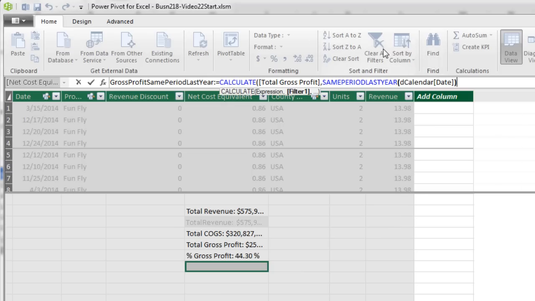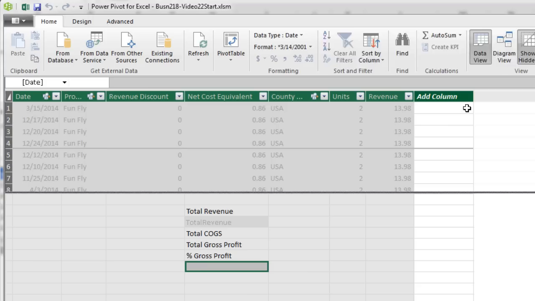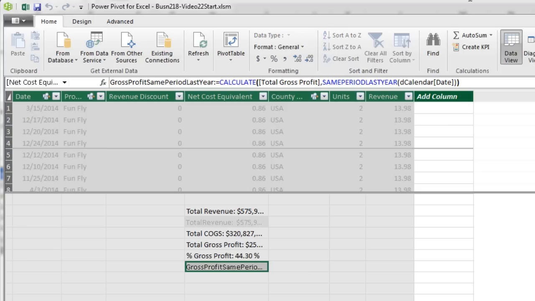And together, same period last year, calculate and total gross profit. That whole formula will always get the amount from the previous period. Now I'm going to close parentheses and actually hit enter. And we're going to build a pivot table and prove that this formula is doing what we hope it's going